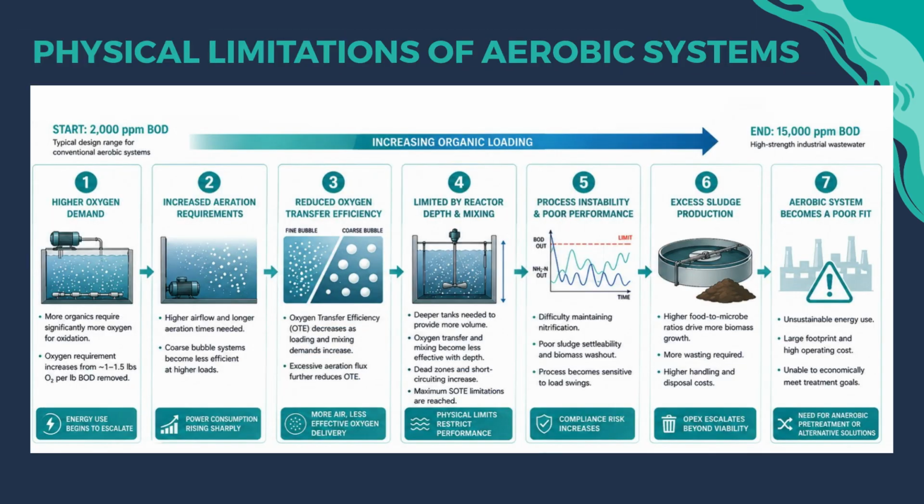So let's elaborate on those physical limitations of aerobic systems, specifically as the strength of the wastewater increases. What you find is conventional aerobic systems start to experience a nonlinear escalation in oxygen demand as the organic strength increases. This is what we see in this slide in series 1 above. This directly increases the energy consumption of the system. Basically, from here, a snowball effect starts to occur. Meeting higher oxygen demand requires more air, longer HRTs, larger systems, larger blowers, and this is demonstrated in series 2